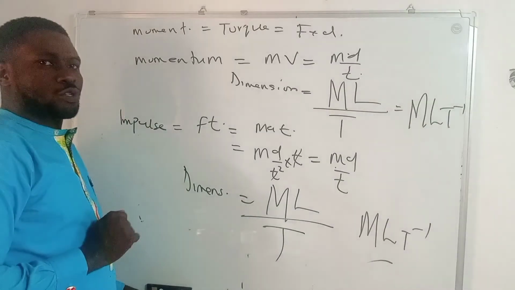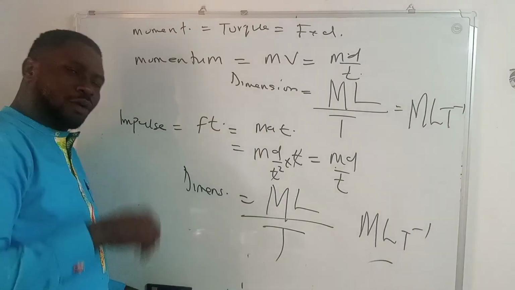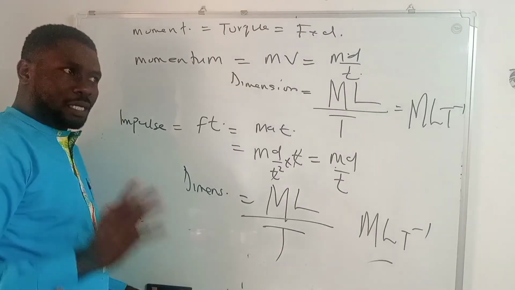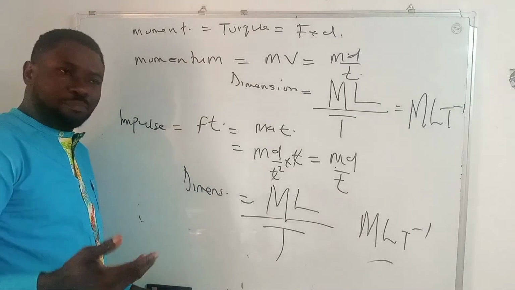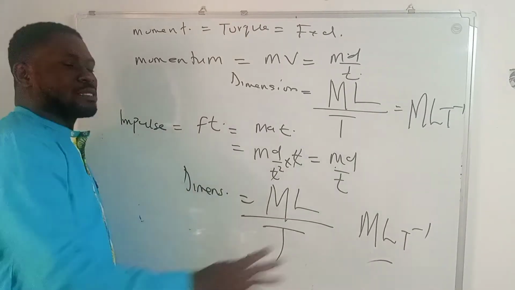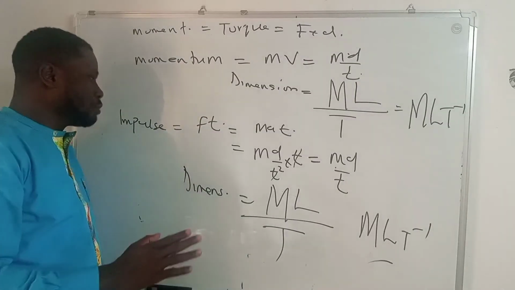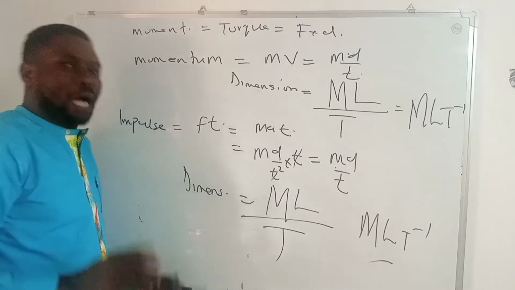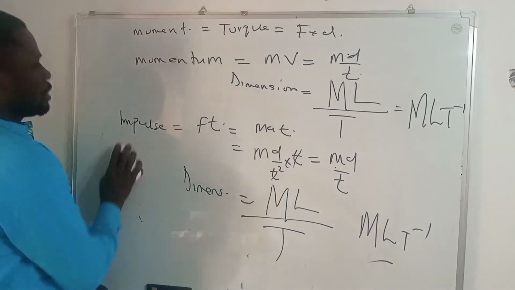The units are also the same. The unit that is the same is in terms of the kilogram meter second system. Please take note of this. So if you are looking at the unit of momentum and the unit of impulse, in terms of the kilogram meter second system, it is the same. They are both the same. The same way the dimensions of momentum and impulse are both the same. Now, that is for that.